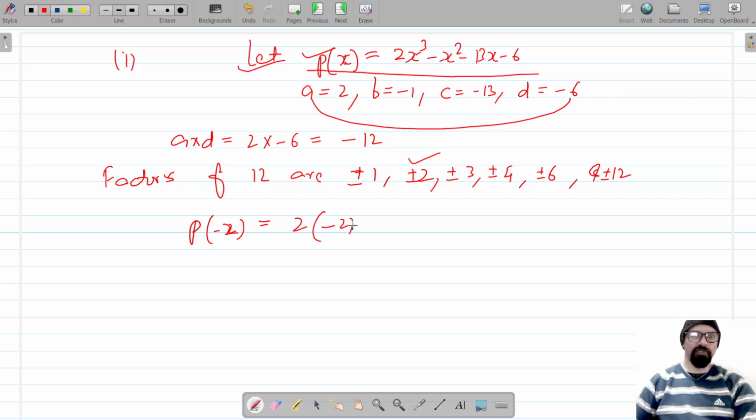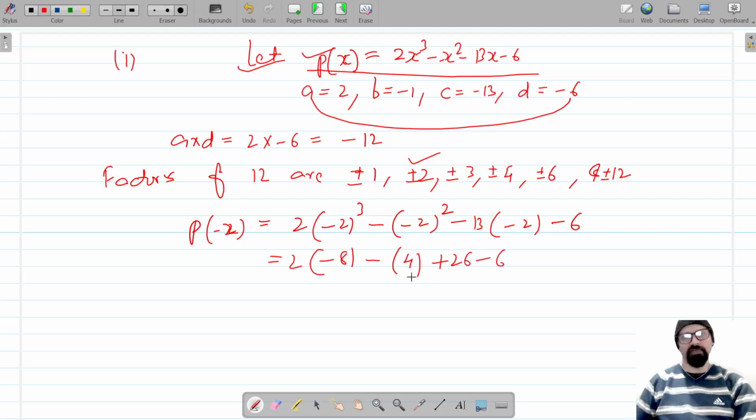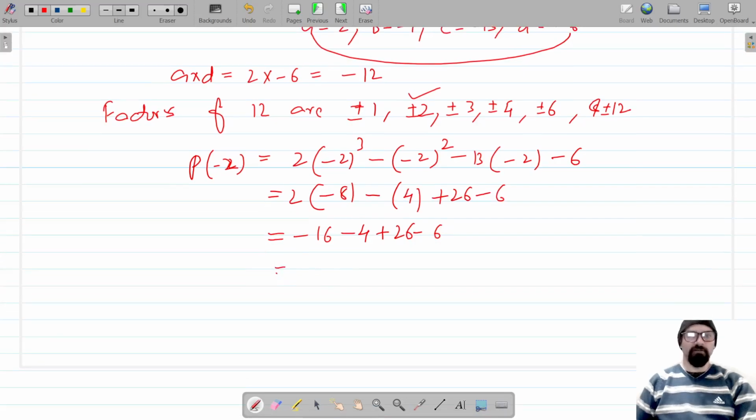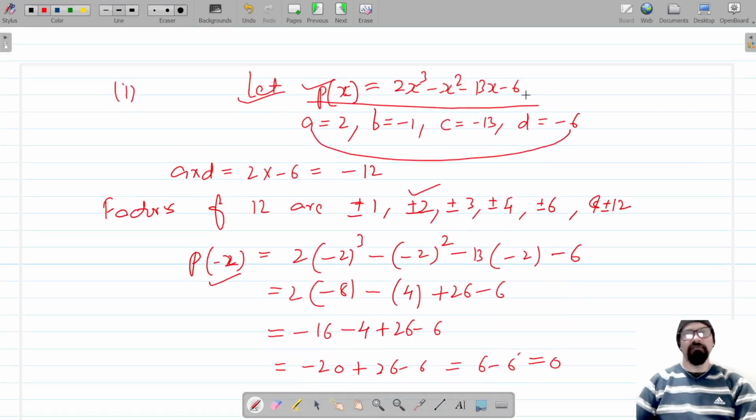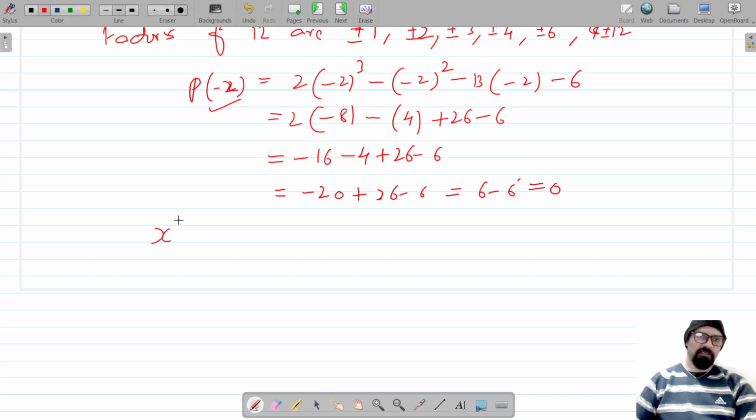So 2 into negative 2 cubed minus negative 2 squared minus 13 into negative 2 minus 6. This gives me 2 into negative 8, minus 4, plus 26, minus 6. So this is equal to negative 16 minus 4 plus 26 minus 6, which is negative 20 plus 26 minus 6. 6 minus 6 is equal to 0. So we have put negative 2 and this value comes out to be 0, which gives us that x plus 2